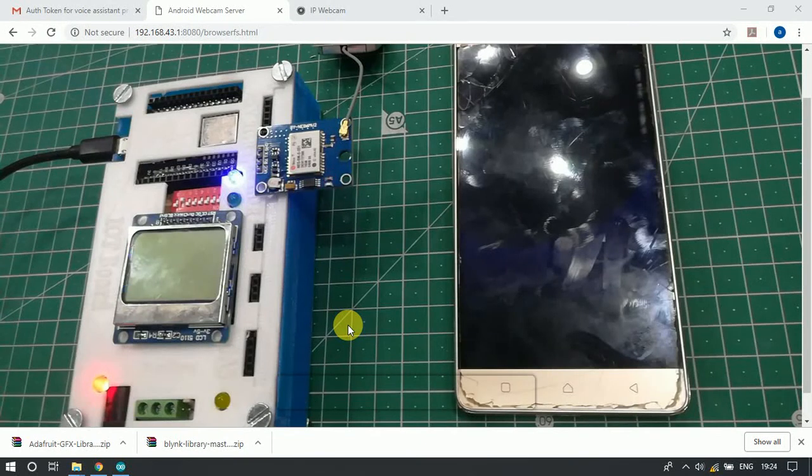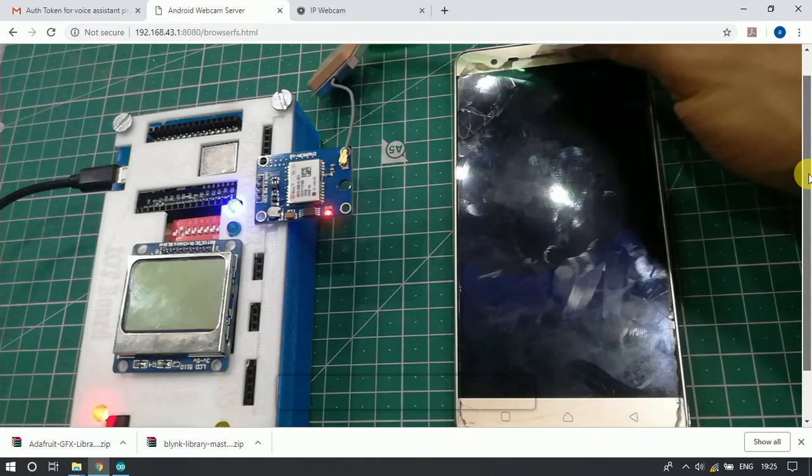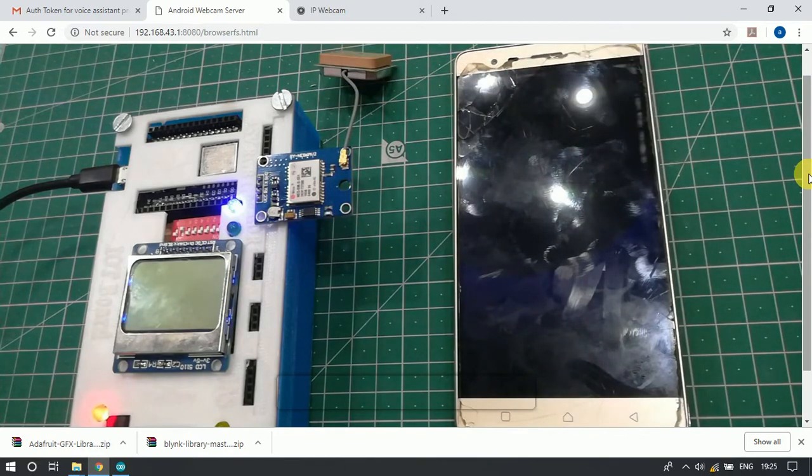Hello everyone. In this video we will see how we can design a GPS tracker using an IoT development board. So today we have the GPS sensor module. It has an antenna. The information related to GPS like map details, latitude, longitude, number of satellites, velocity and direction will be shown